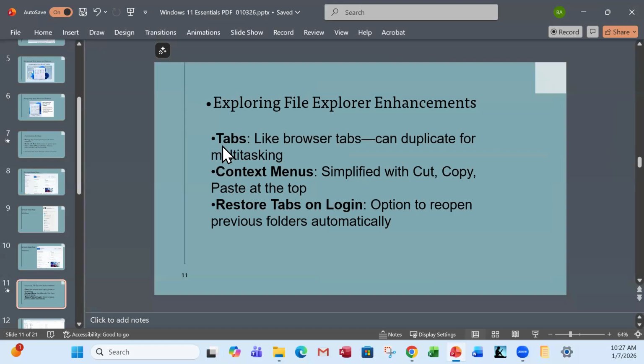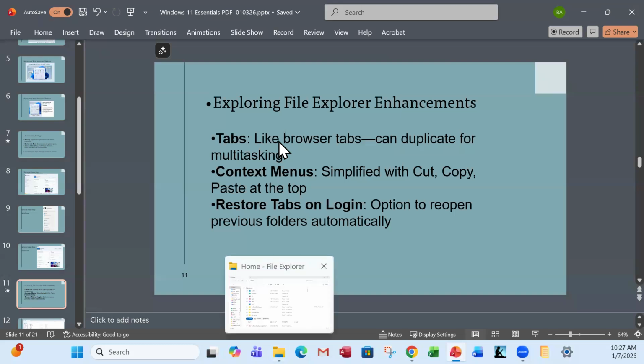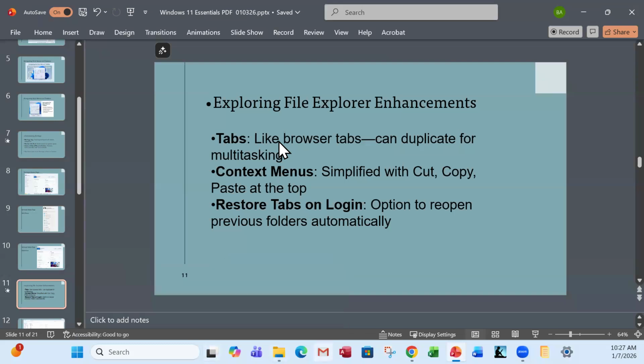Changing subjects, this is the File Explorer. It isn't much different than if you've used Windows in the past. It's the same thing. You've got tabs. You've got context menus. Let me just bring this up. If I just bring up File Explorer,